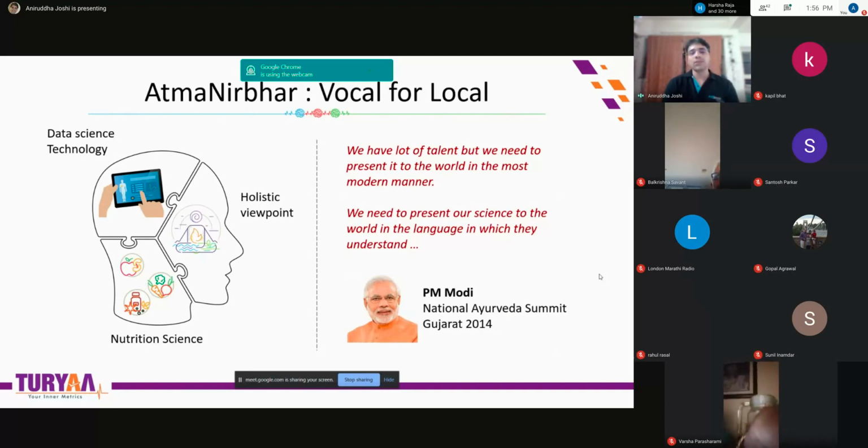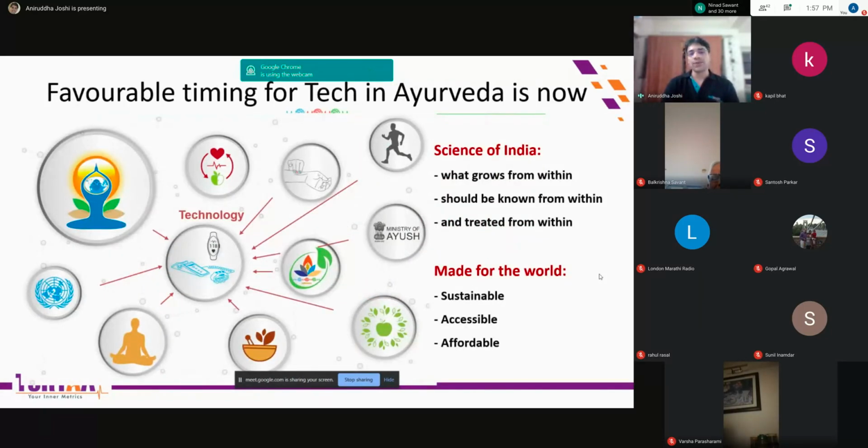Currently, most of the research and most of the business is happening in the West. The way yoga was ours, it went to the West. They proved it with various experiments, and now they have been following it, and now it is coming back to India. So we want to make sure that it establishes in India, from India, and we go vocal about it. We talk about it, we implement it, we actually use it inside our homes. So yes, the most favorable time for ancient Ayurveda is now.